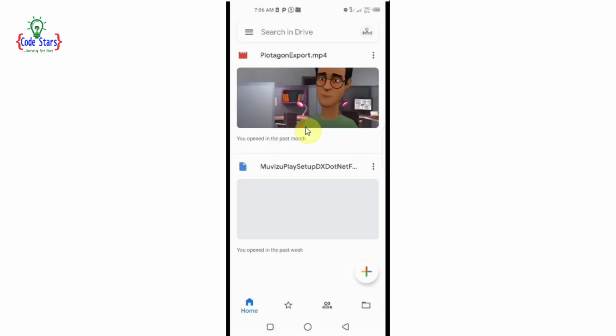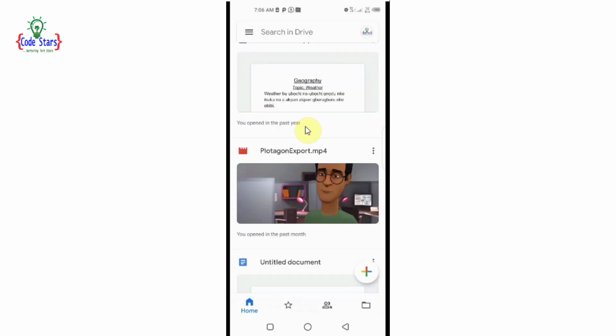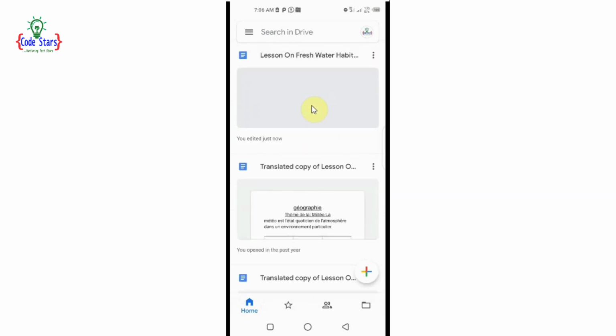back to the class drive and then refresh it. So it's there in the class drive. You see it there. Once you refresh the class drive, you see everything there. So at this point, you now proceed